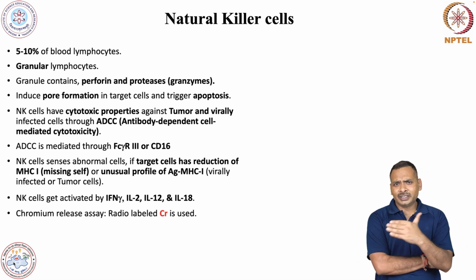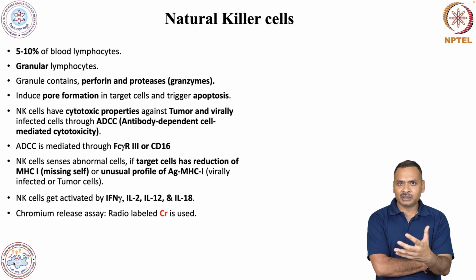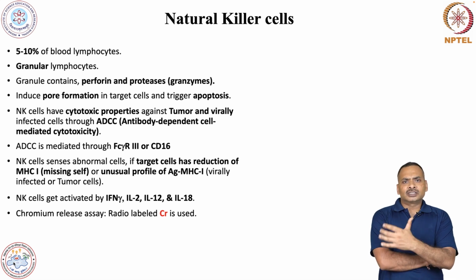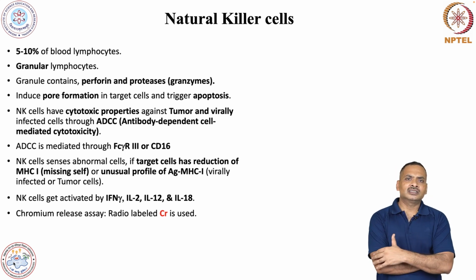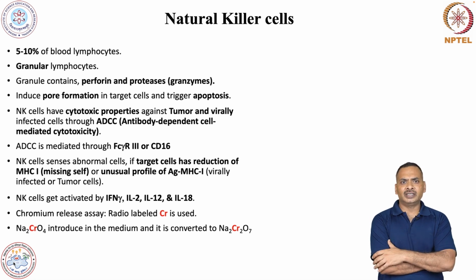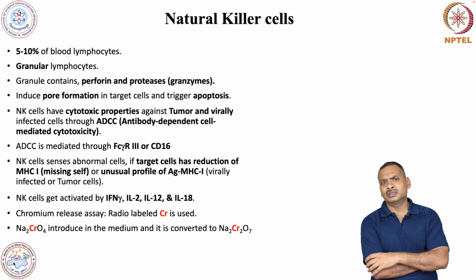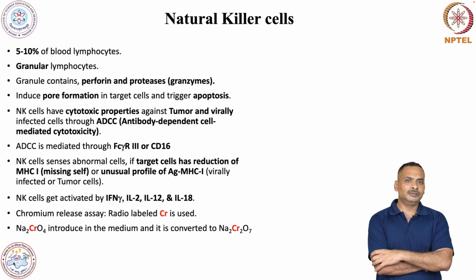So now there is one simple question: how can we measure NK cell activity, whether they have a killing capacity or not? So we do one experiment which we call a chromium release assay. This chromium release assay is a very simple experiment. Here we provide the target cells with some chromium salt. Here you can see that we provide sodium chromate, or Na2CrO4. We put this molecule in the media. Over there this chromium is radiolabeled, and once it is taken up by the cell, it will be converted into